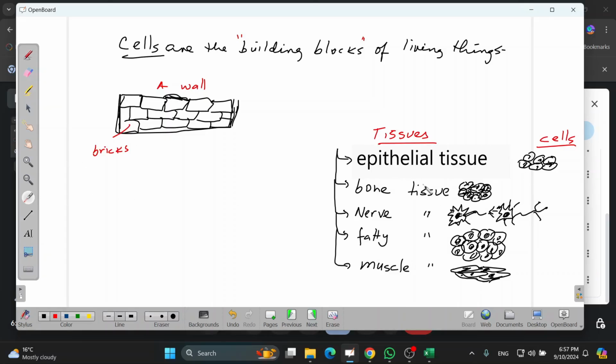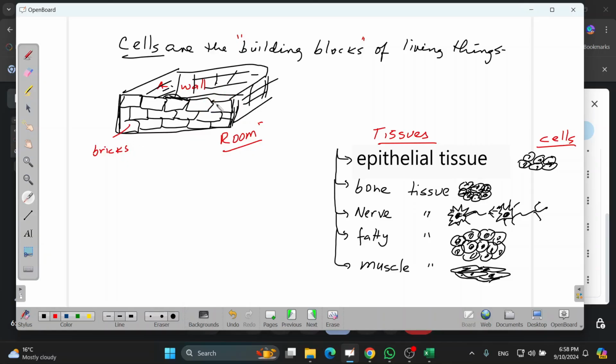So that is actually how we are organized in the body, right? Like a house, the simplest component in a house is the bricks. The bricks come together to make a wall, and then walls join together to make a what? If you have 4 walls like this one, what will you have? Let's say this is the dining room or the kitchen. What is that? That is a room. Am I correct? So look at the structures. A room is made up of walls. Each wall is made up of bricks.